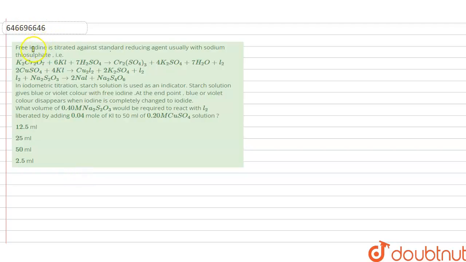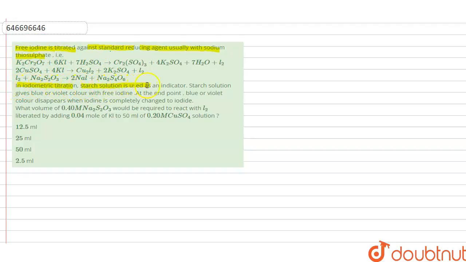Hello everyone. So our today's question is that free iodine is titrated against a standard reducing agent, usually sodium thiosulphate. Here the three reactions are given. Now we should note that in iodometric titration